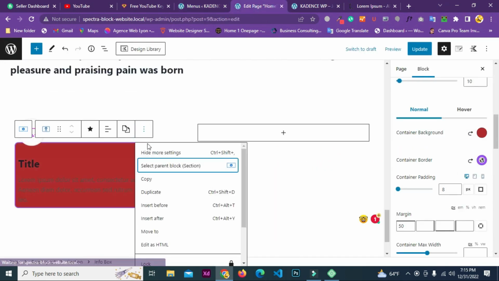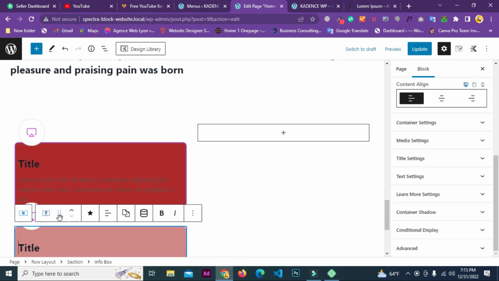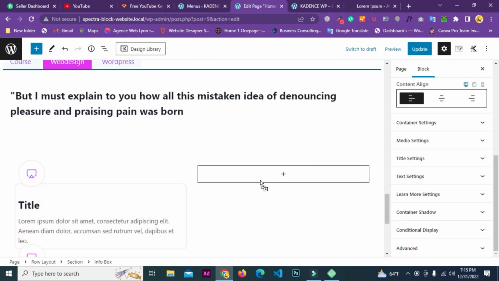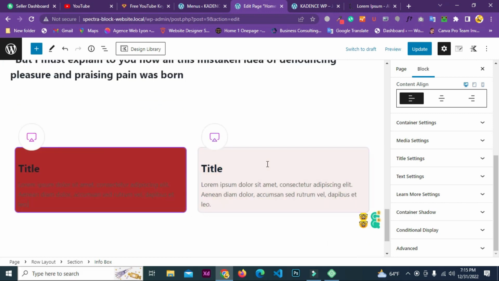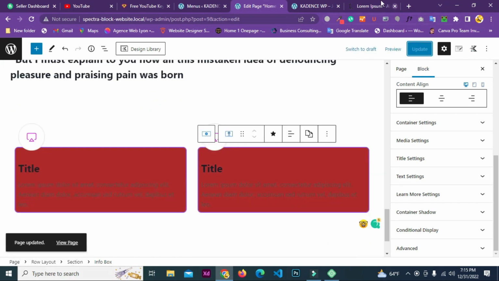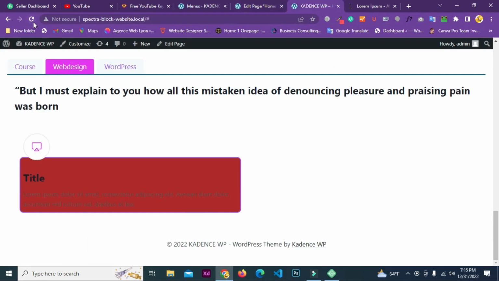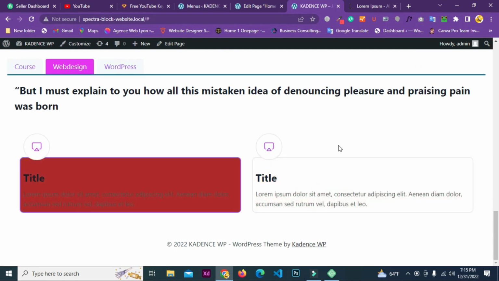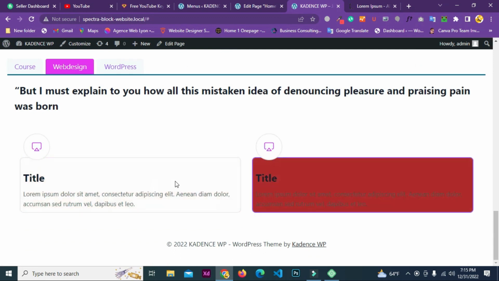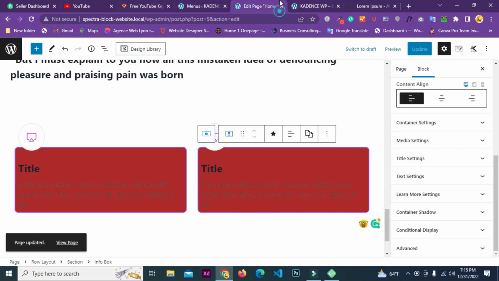That is very easy. I hope after see this tutorial you can create a website very easily and update. So we can add a two info box. So we can see